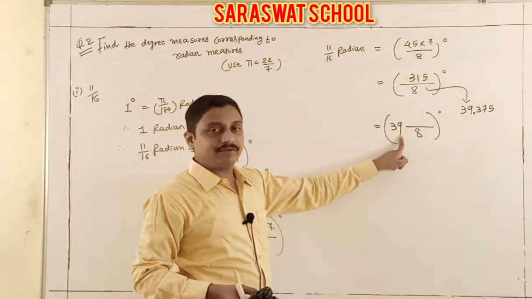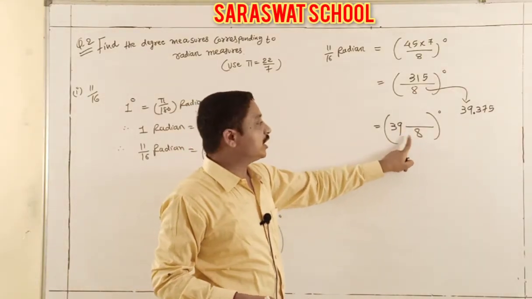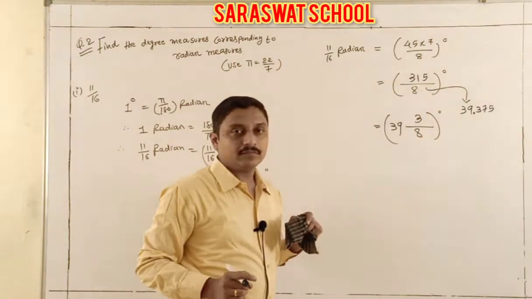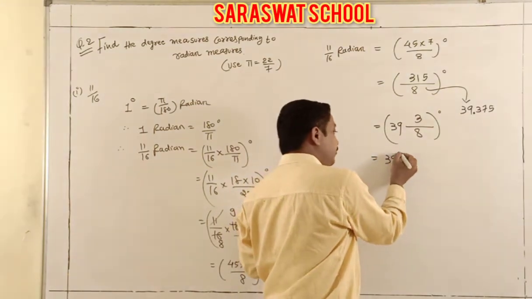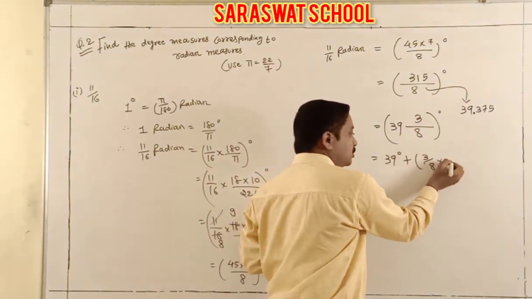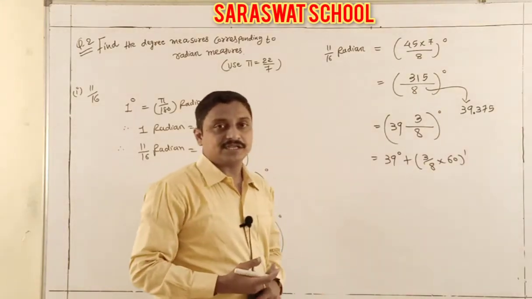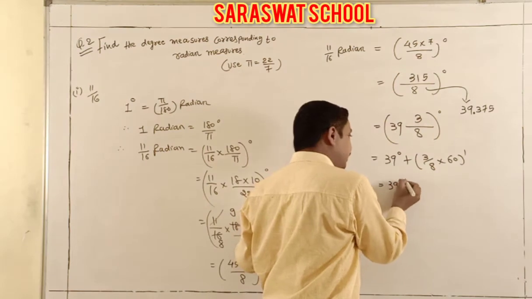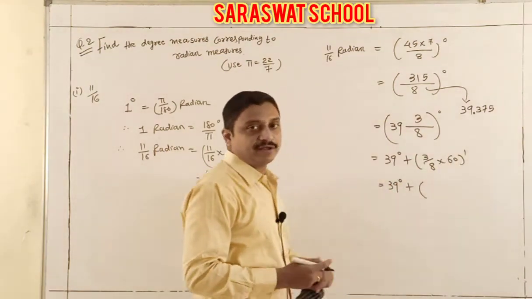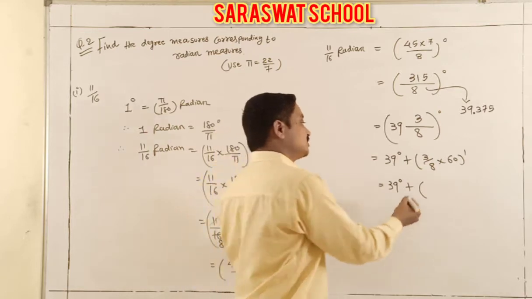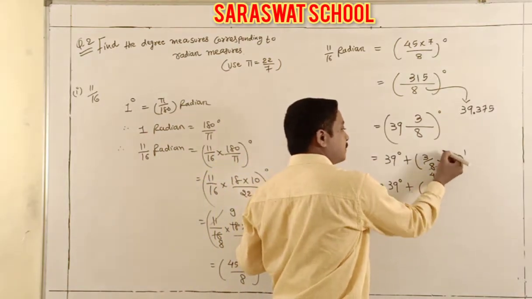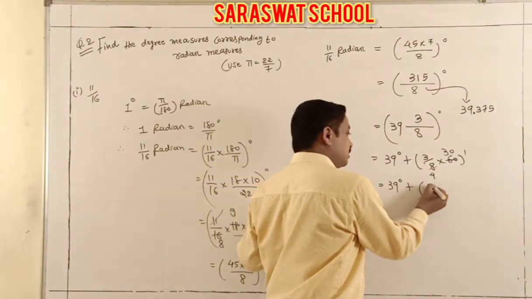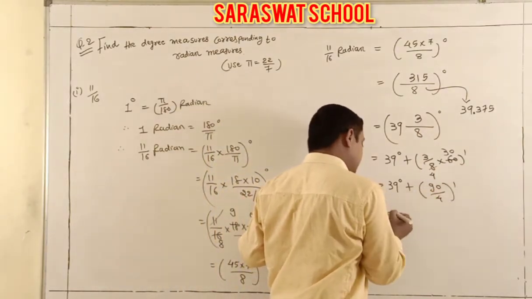Now 8 times 9 is 72, into 3 you get 72. 2, and here 5 is 3 left over. And the other value is 39 degree, 3 by 8 into 60 minutes. Yes, 3 by 8 into 60 minutes. So further calculation: 39 degree plus here you get, finally, values after some calculations. Here 4 2s are 8, here 3 2s are 6, 60. So 8 3 3s are 9. 90 by 4 minute. Again calculate.